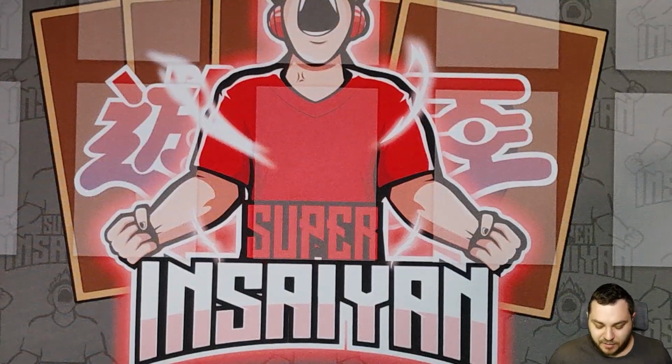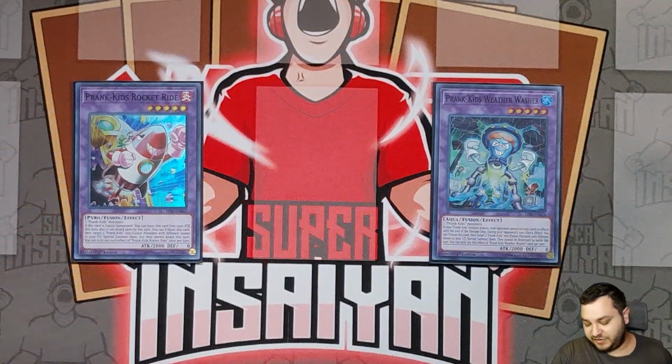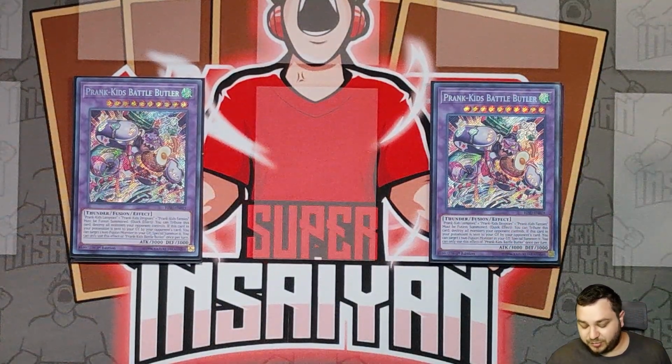Now, kicking things off with the extra deck, we are playing 1 copy of Rocket Ride and 1 copy of Weather Washer. Then finishing up the Prank Kids Fusions, we are actually playing double Battle Butler. The reason we are playing double Battle Butler is because we are playing the Thunder Dragon Fusion package, so we're